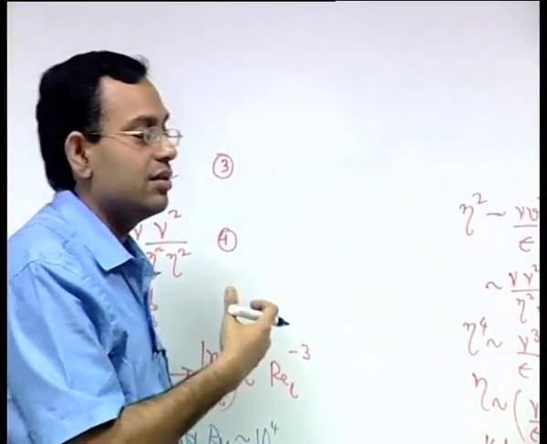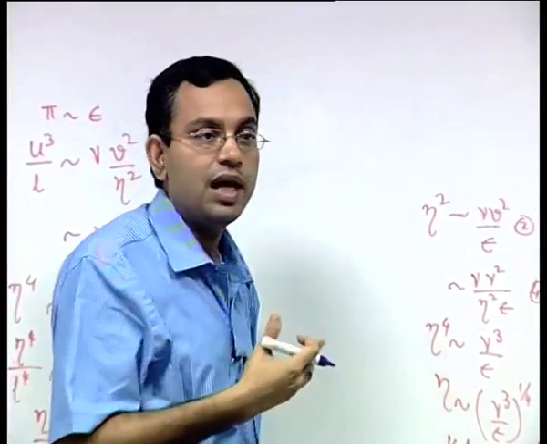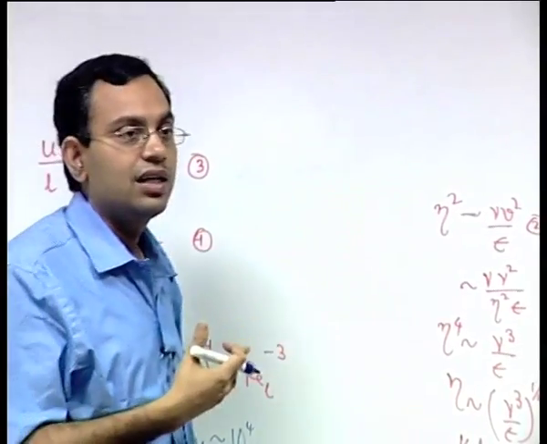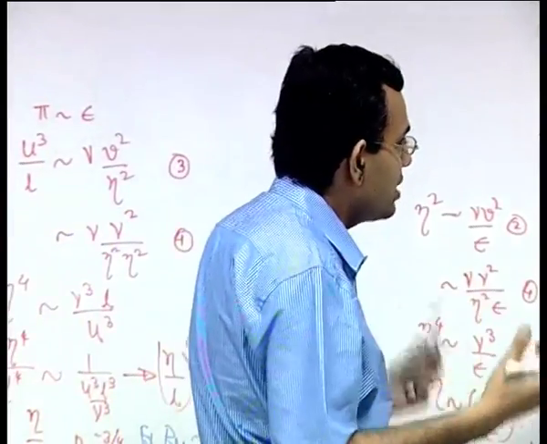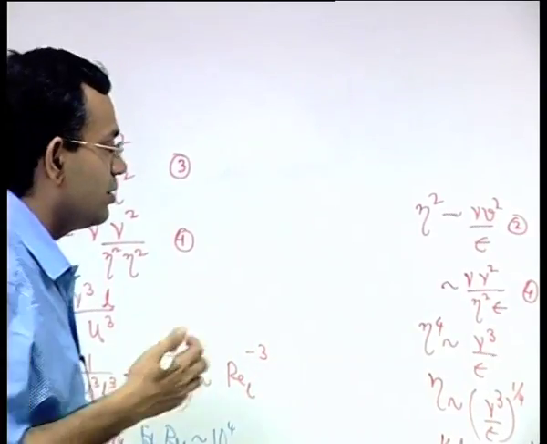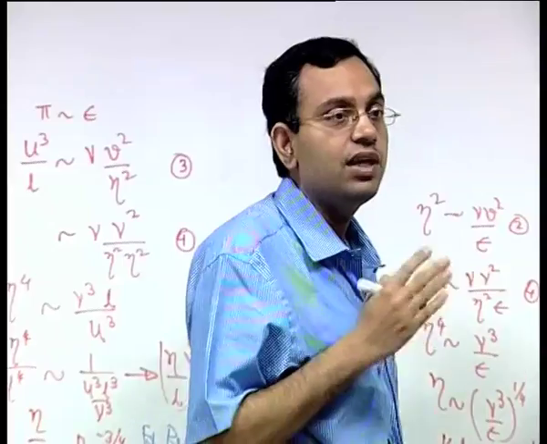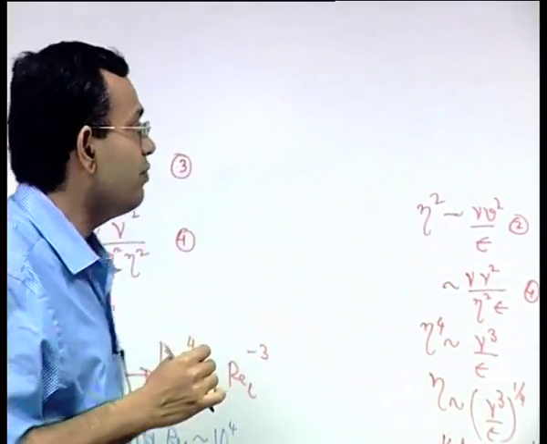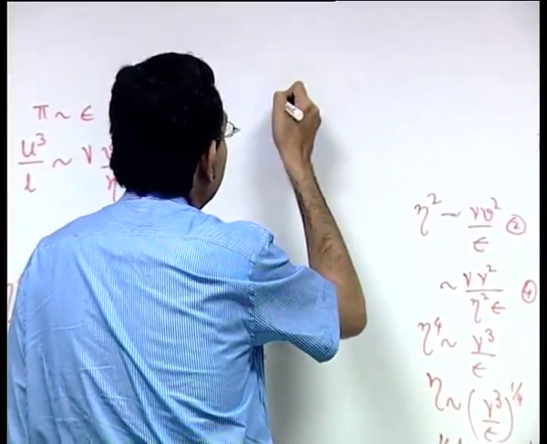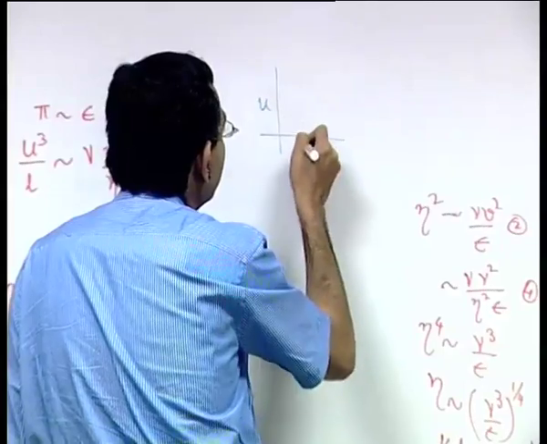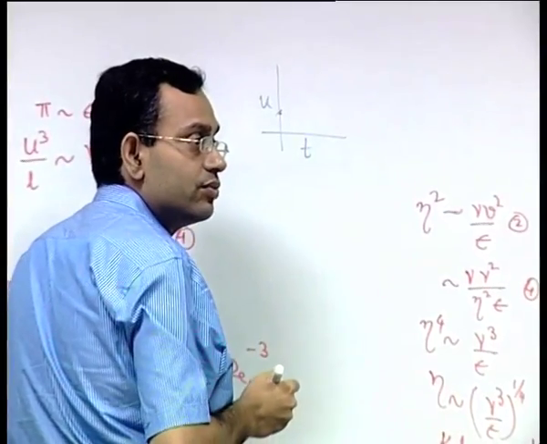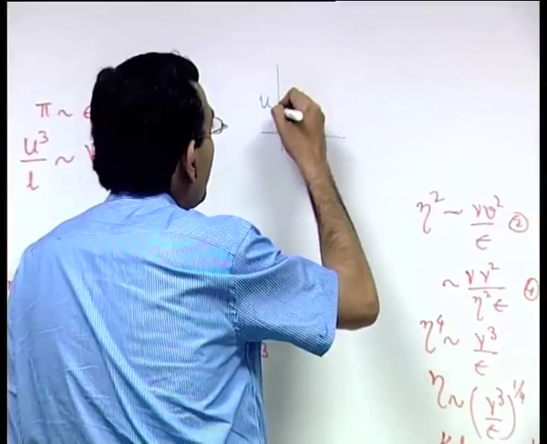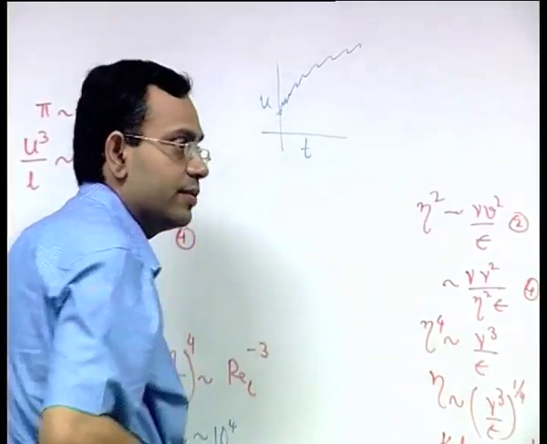Capturing all those length scales in a single continuum simulation is very challenging, because over and above the multiple length scales, and of course multiple time scales, there is an entire degree of randomness in the flow. What do we mean when we say there is randomness? It is highly sensitively dependent on the initial condition. Let us say you want to find out u versus time. At time equal to 0 at a particular point, say this was u. Then as time evolves, let us say that u evolves in this way.